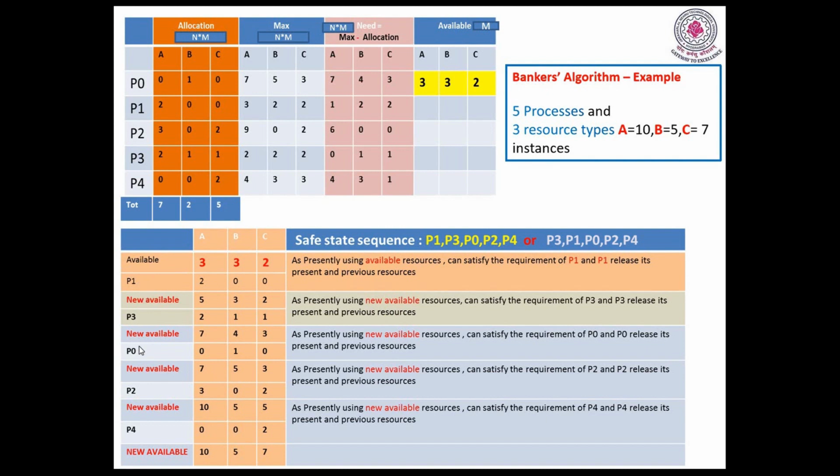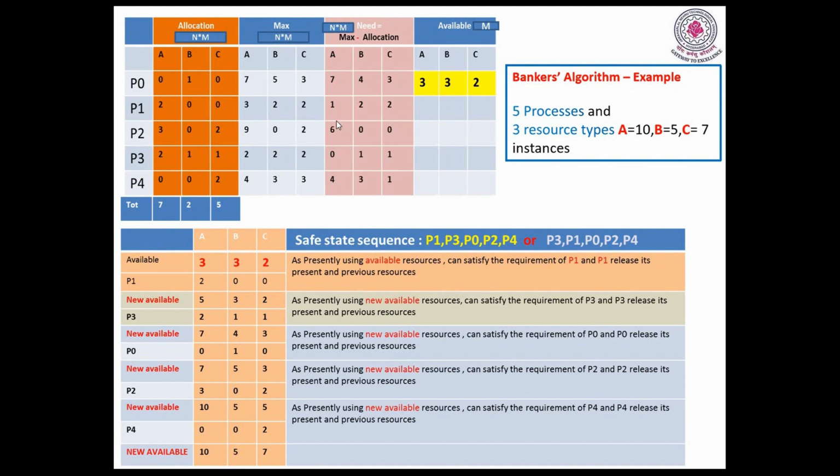And how many processes I completed? P1, P3, P0. Now what are the pending processes? You see P1, P3, P0 completed. So P0, P1, P3 completed. Now P2, P4 are pending processes. Pending processes means presently available is 753. Available 753 means now I can check with the pending processes requirement. So let us see here.